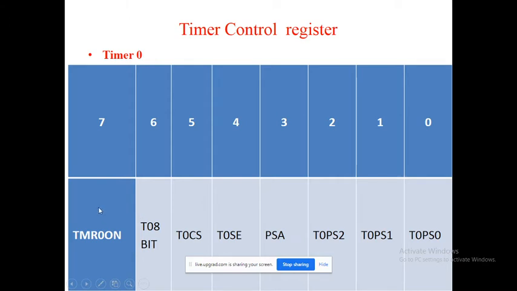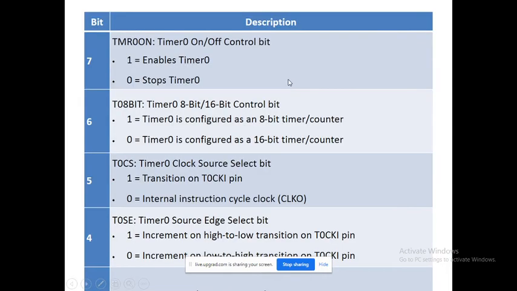Now I'm just putting all zeros, which means I am making the timer off, 16-bit timer, internal clock source, edge is rising edge, prescaling is accepted, and prescaling is divided by 2, so all are 0. In this fashion, all these bits are 0, which means your hex is 00 hex. We are putting that into the timer control register. Okay, next.